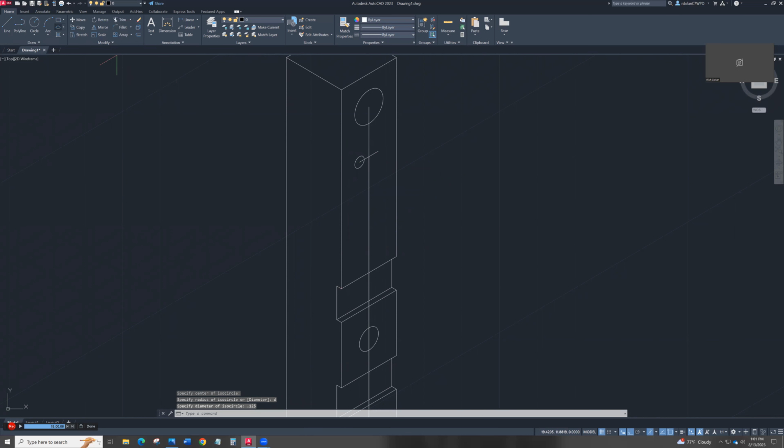Draw another one, isocircle, right here, 0.125. Whoops, and I didn't push diameter. Okay, so go to another one, isocircle, right here, D for diameter, 0.125. Okay, now I have another one on the side that lines up with these, so I can go here,